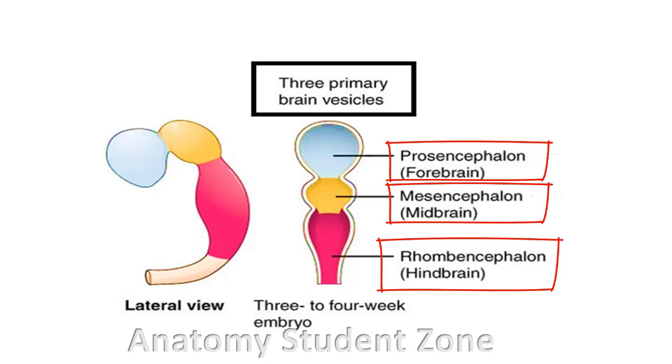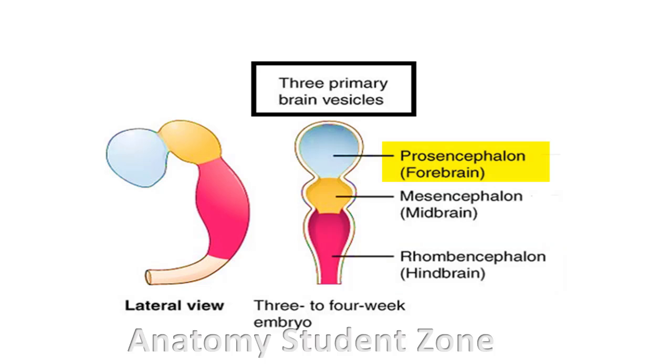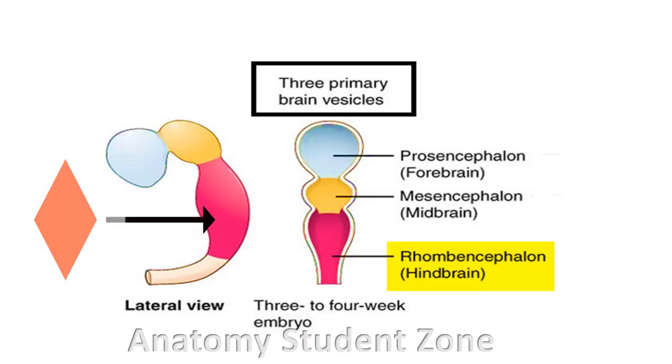So why do these vesicles have these names? Because the prosencephalon or forebrain is the rostral part of the brain, or in simple words, it is the part of the brain towards the head end of the body. So this is the forwardmost portion of the brain, and we name this portion prosencephalon or forebrain. The midbrain or mesencephalon is the central or mid portion of the brain, and the hindbrain or rhombencephalon, which is shaped like a rhombus, is the lower brain. It is the inferior and posterior-most part of the brain. So you have to remember these parts.